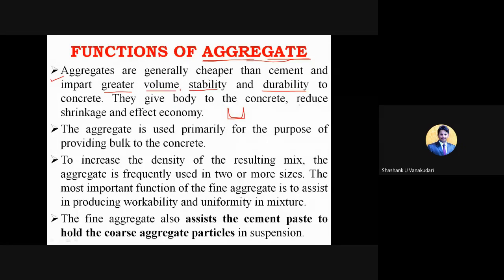And then, it also reduces the shrinkage. When you have used only cement and water paste, after the absorption of the water by the cement, the change in its shape occurs, like it is going to shrink. Clear? I mean the concrete shrinks from the original shape. So to avoid shrinkage, we can use these coarse aggregates. And since they are cheaply available, you can save a major cost of the construction or the concrete.